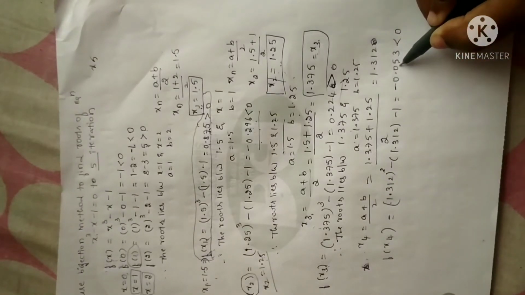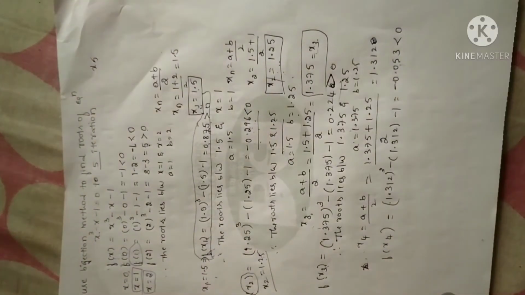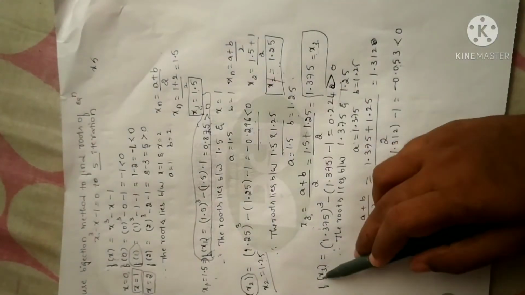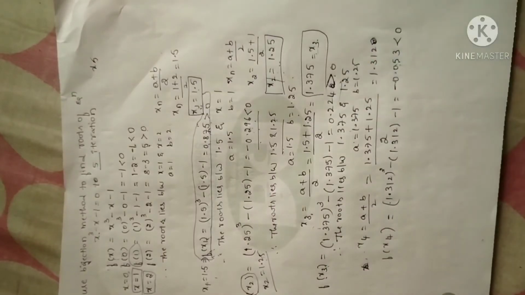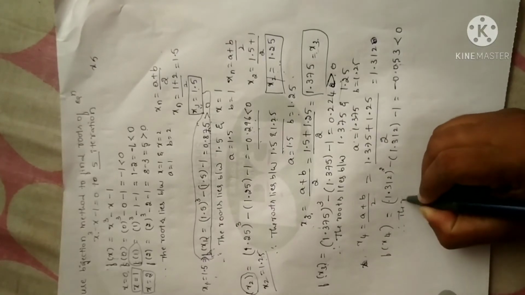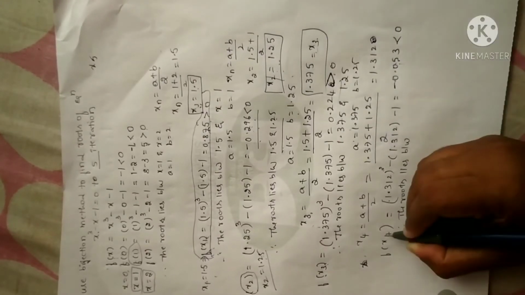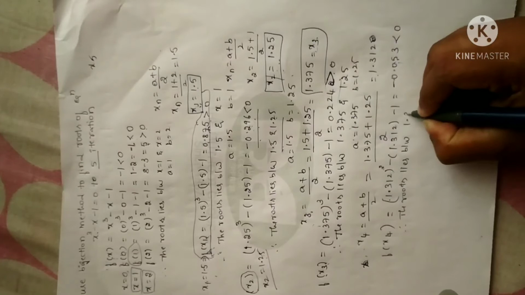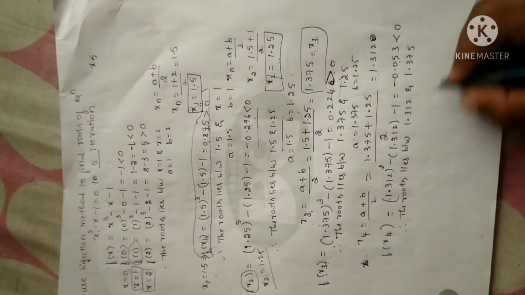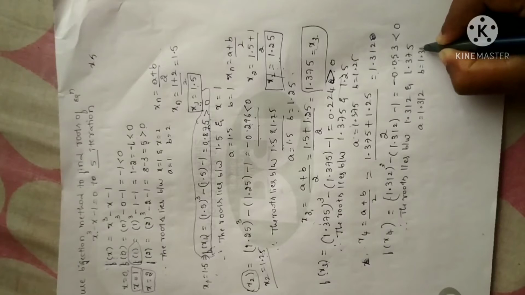Now we have to search for the previous f of x value for which we have a positive value. So since the f of x4 value is negative, look for the previous value, f of x3, which is positive. So one value is positive and one value is negative. Therefore I can write the root lies between the x4 value, 1.312, and x3 value, 1.375.